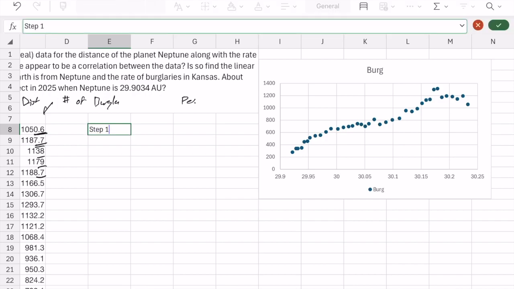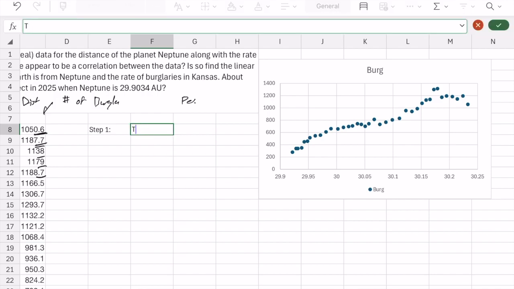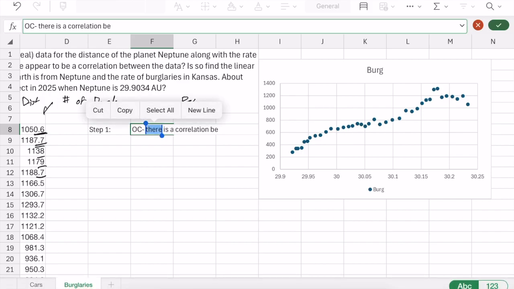Step 1. The original claim: there is a correlation between, and if this is a statistical correlation, we're not proving that they are related. It's just that statistically, according to the data, there may be a relation. Statistically, there is a statistical